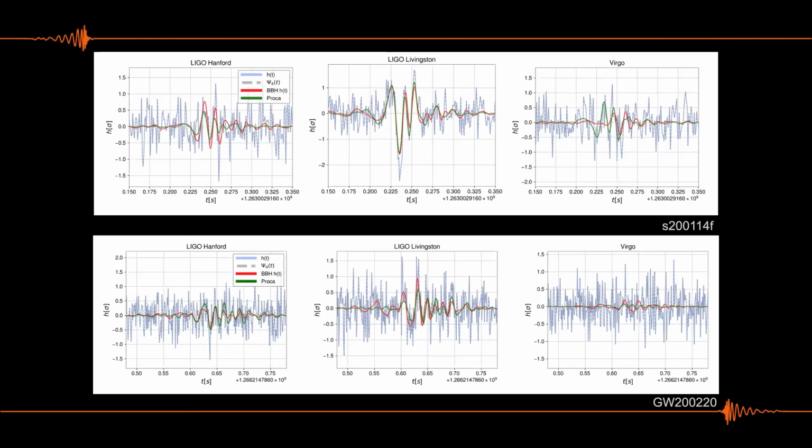Sorry, yeah. Maybe I missed it. The BGH here is what? BGH is red. Right, no, but which calculation? NR surrogate. So for those that do not know these details, one of the waveform models we use is called numerical relativity surrogate. And the advantage of this model is that it's just an interpolation through numerical relativity simulations. So it includes all the phenomenology you can find in those simulations, precession, higher multipoles. So within its domain of validity, it's in principle the more reliable thing you have.